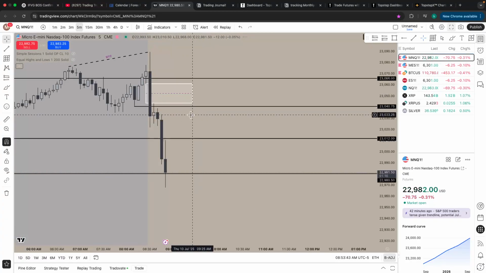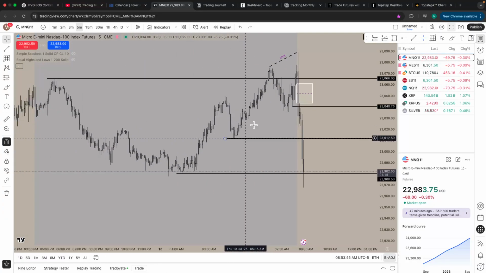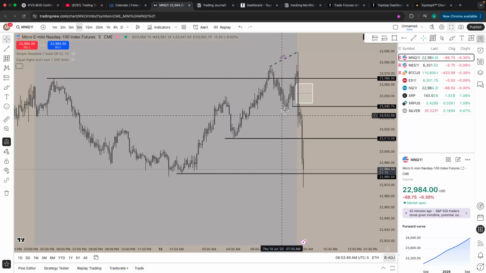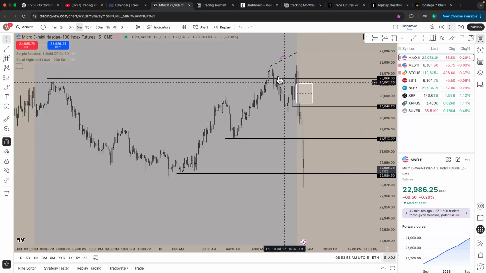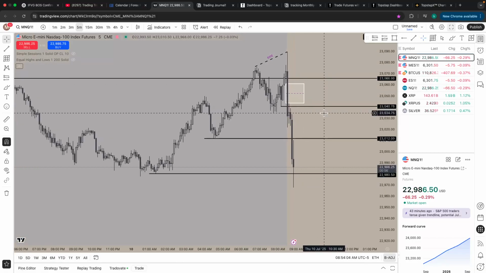Your boy predicted this this morning. Literally, because we had the London session manipulation of buy side liquidity up here. And then we ended up getting our reversal. Market opens, and we get our continuation. Wow, is that nuts. And obviously, before we got the manipulation downside, we had to manipulate highs. So we swept buy side liquidity, and then we pushed for that reversal.